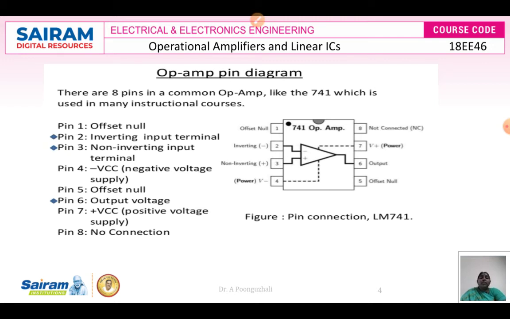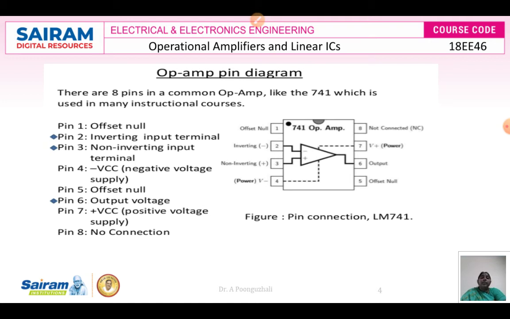So next is your pin number 4. Pin number 4 is going to be your power supply. So your power supply is going to be minus VCC there, because we are going to use your transistor. Your differential amplifier basically consists of your transistor operation. So in that case we need two voltages, one is plus VCC and the other one is going to be a minus VCC, where this is going to be used for biasing your transistors.